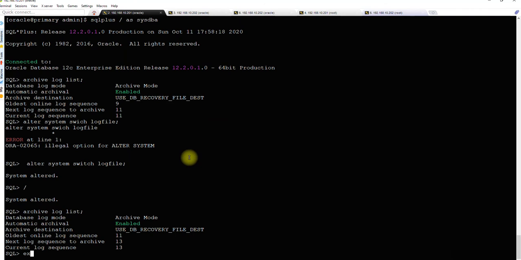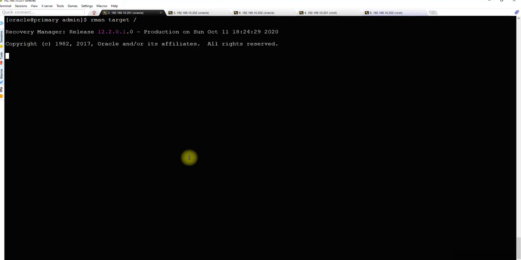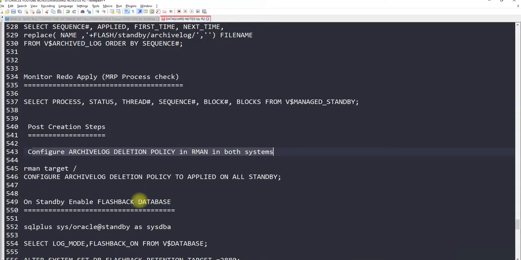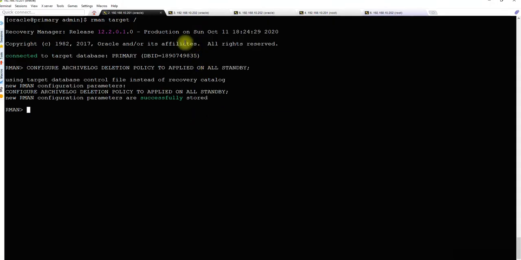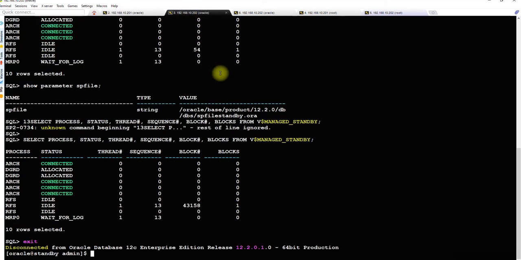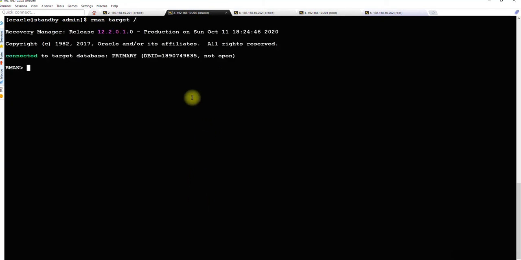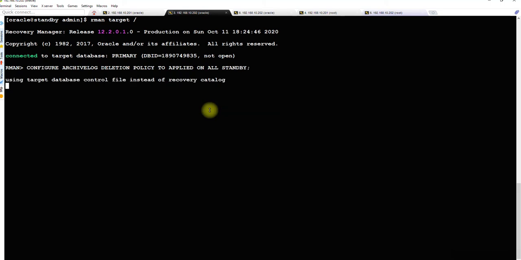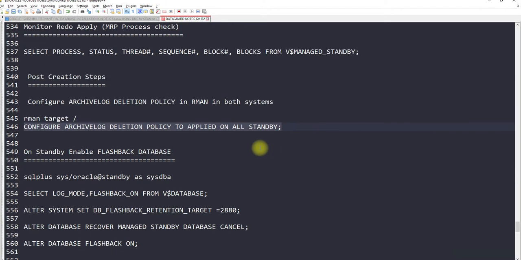Exit out of this, RMAN target /, connected to primary, configure this. This is done. Do the same thing on the standby as well. RMAN target /. So the archive log deletion policy is set up.